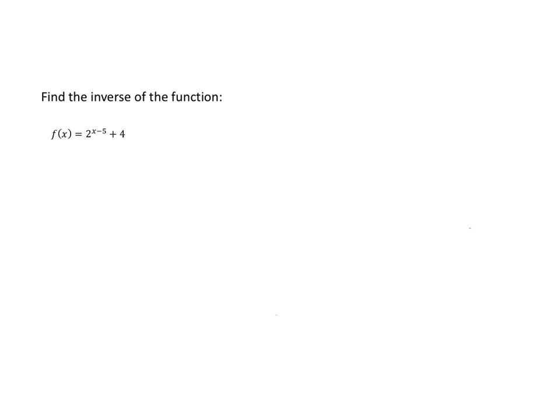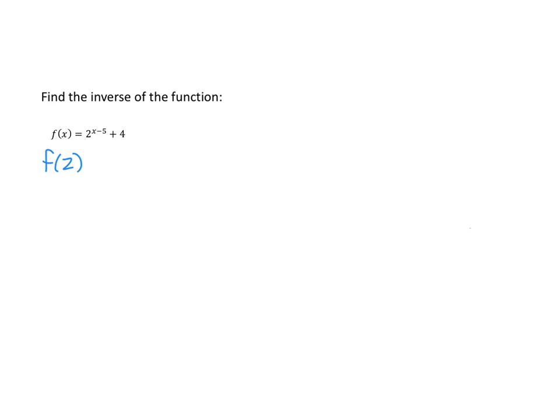So we want to find the inverse of this function, and that means we want to find the function that does the inverse operations of the original function. So we need to figure out what operations are being done to the input in the original function, and then undo all those operations. So for example, say we plugged in a number for x in the original function,